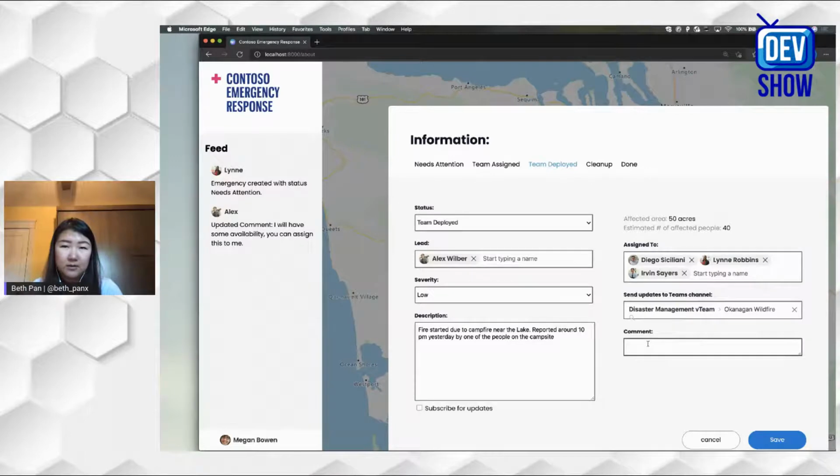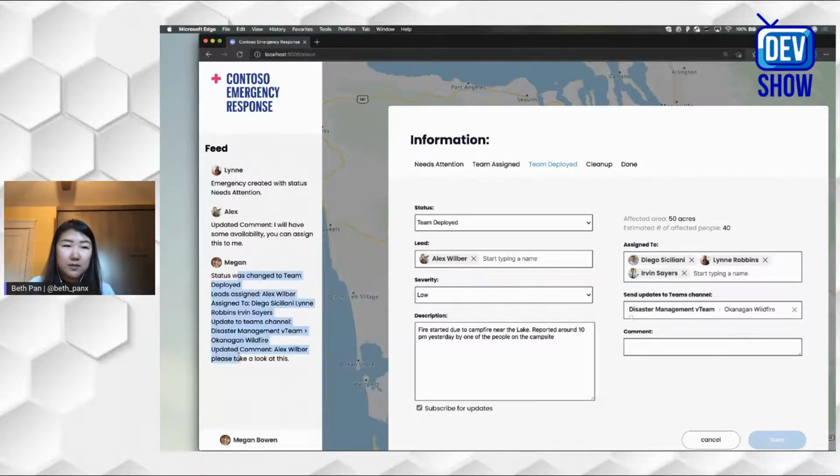And then the one last thing is, if I wanted to add someone, I'm just going to add Alex here, who I already selected as the lead, and say, Alex, please take a look at this. So finding all of these people, getting the right channels to send this message, and tagging someone to get their attention. And now I can subscribe to get email updates from this web app. All of this is enabled by the Graph and the Graph Toolkit. And if I save this,